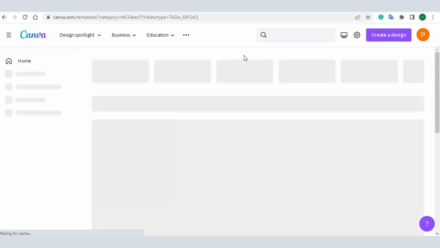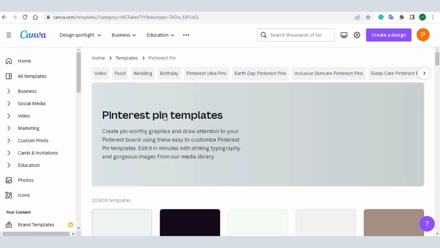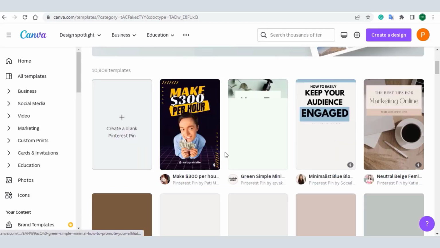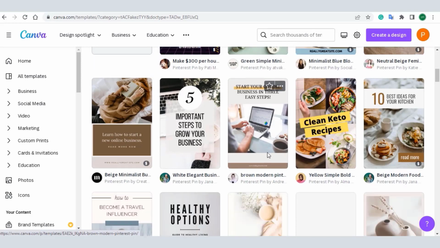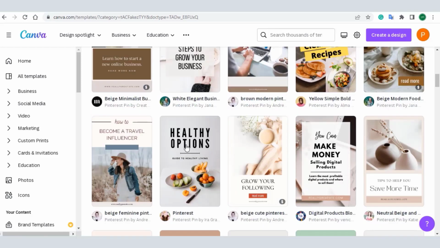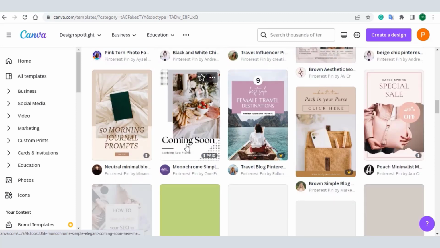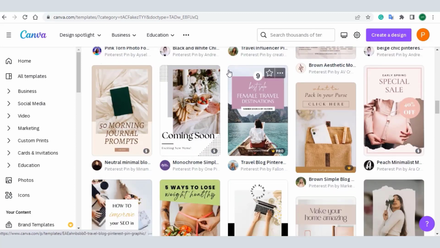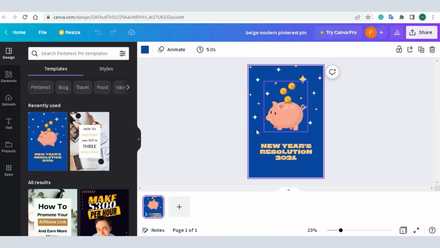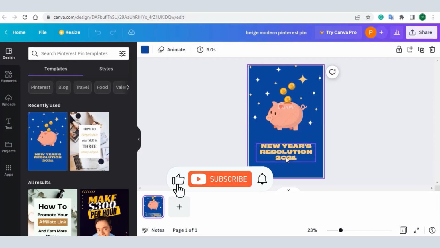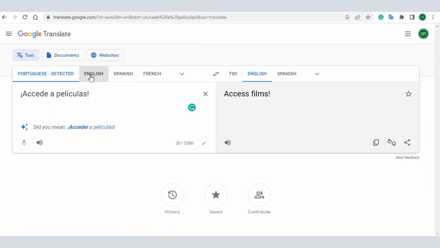Pinterest pin. All I have to do is just scroll through and select the one you think is awesome. So I just selected this one because it's like a giveaway. So all we have to do is go back to Google Translate and here English to maybe Spanish, then you just type in here